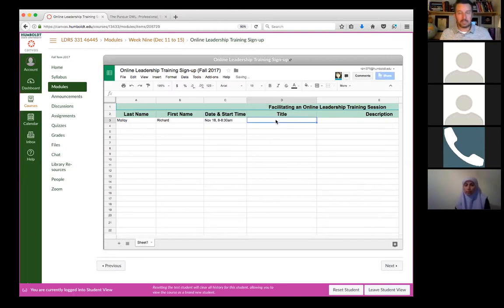So 15 to 30 minute long sessions. The title has to be leadership related, right? One of the reasons I'm assigning the first chapter in this book is that it has a lot of great ideas. Okay, here's a section, and it's titled Leadership as a Power Relationship. Sounds interesting.